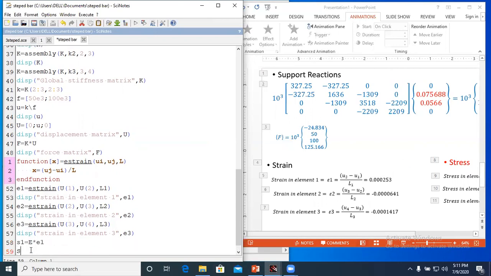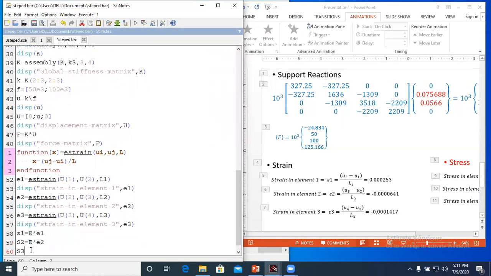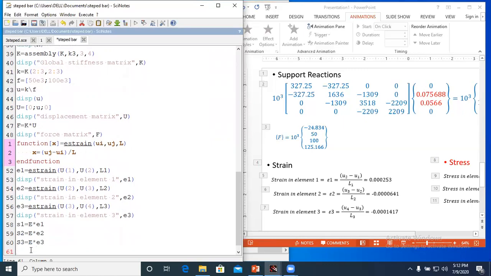Next S2 is equal to E into E2, the strain in element number 2. S3 is equal to E into E3, the strain in element number 3. Now I will display all the stresses: S1, S2, S3. I will write here stresses.